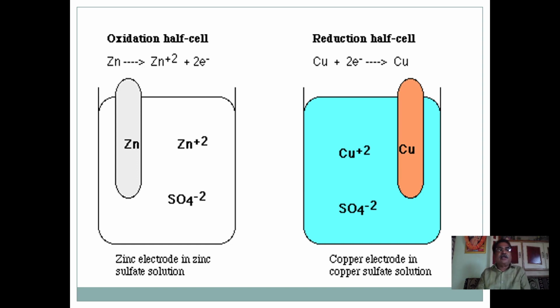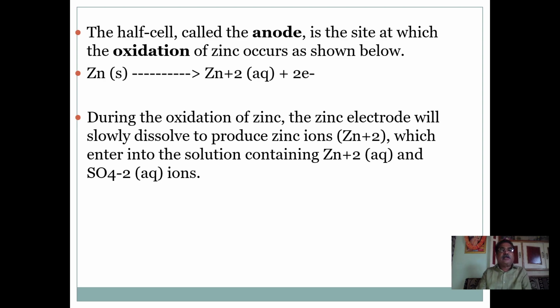in the oxidation half cell reaction, a zinc rod is dipped into zinc sulfate solution. In this electrode, zinc metal atoms undergo oxidation, producing Zn+2 ions and 2 electrons. While in the reduction half cell, a copper rod is dipped into copper sulfate solution. In this half cell, copper ions react with 2 electrons to produce copper metal atoms. The half cell called